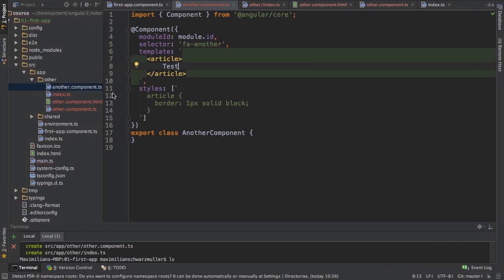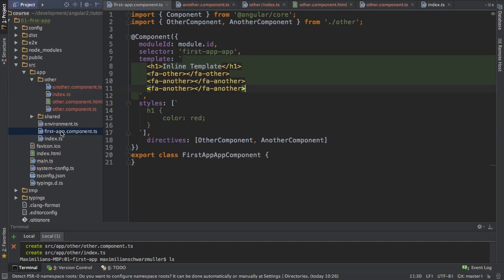However, maybe I don't want to have a dummy text in here, but I want to pass this text from outside. There are 2 methods to do that, and one of them is data binding, property binding, which you'll learn about later. But sometimes you have components which only are kind of the container for other HTML code. And in order to allow you to pass other HTML code easily into your component, you can do the following. Let's say I want to pass in